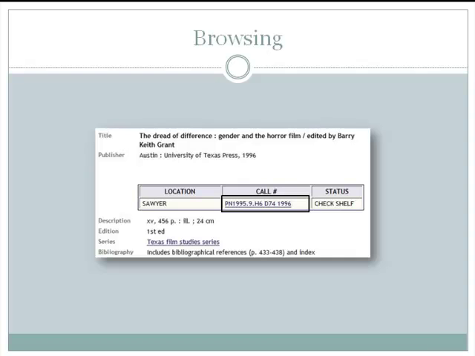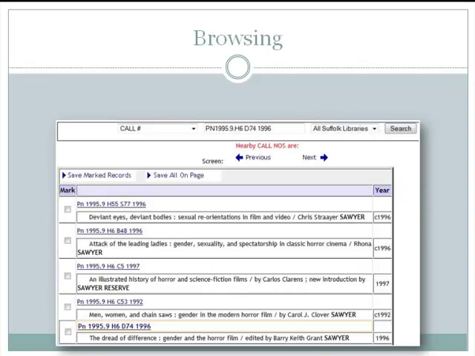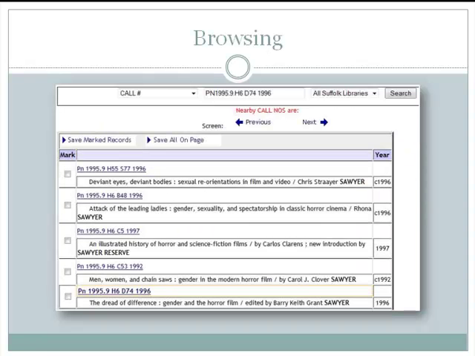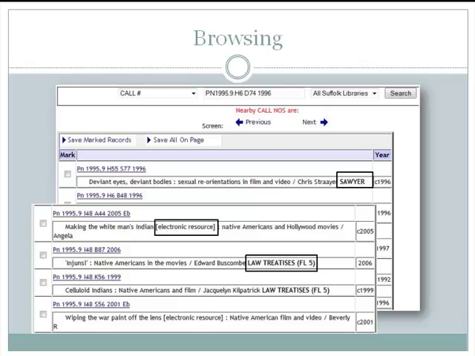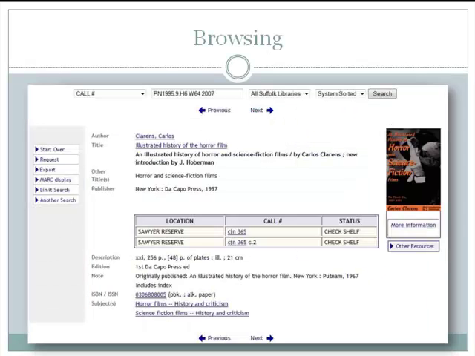Clicking on a call number will take you to a list of other titles in that call number range. You can think of this as virtually browsing the physical library shelves, but pay attention to the location. All the materials from the Sawyer Law, Dakar, Madrid, and NESAD libraries are included here, as well as electronic resources. You can also browse directly from an item's record using the previous and next buttons on the top and bottom